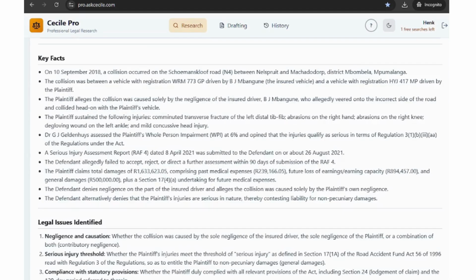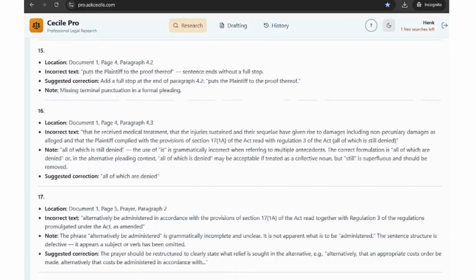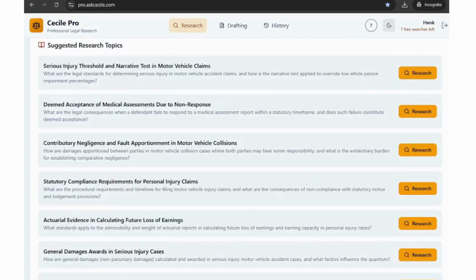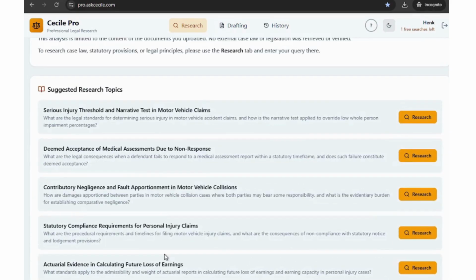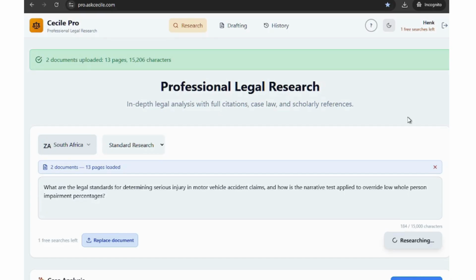Okay. Now, because this case and the information is uploaded, one now has the ability to query anything about this case. You will also see that there's another list of suggested research topics. By clicking research, it automatically completes that field. You will see: what are the legal standards for determining serious injury in motor vehicle accident claims and how is the narrative test applied to override low whole person impairment percentages. This is an issue that comes up very frequently in the courts, and if I click research there, or it's already researching,